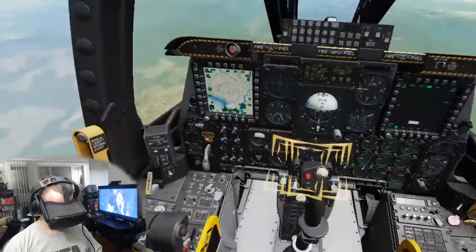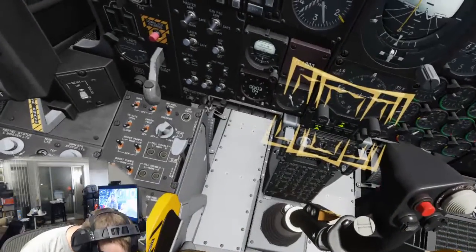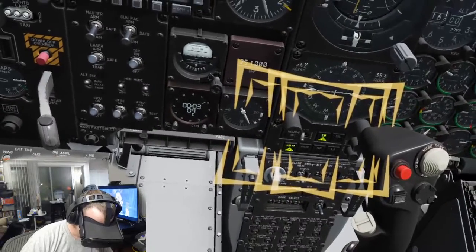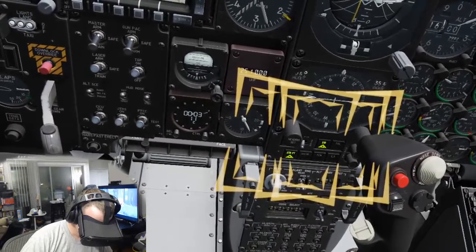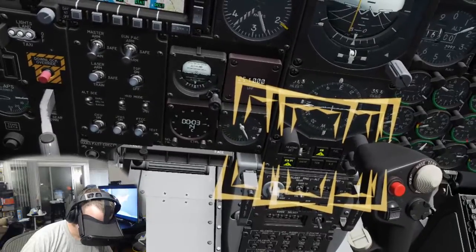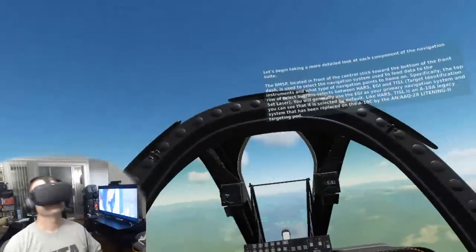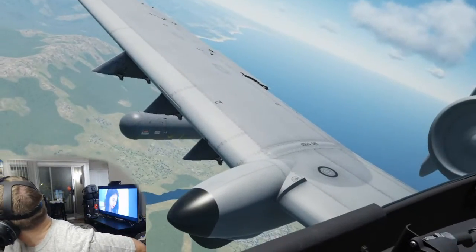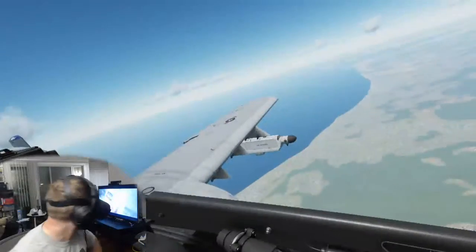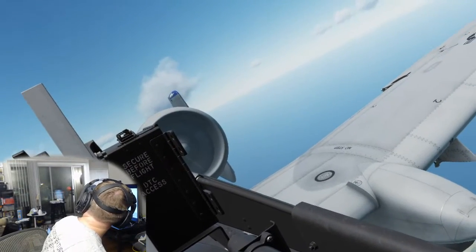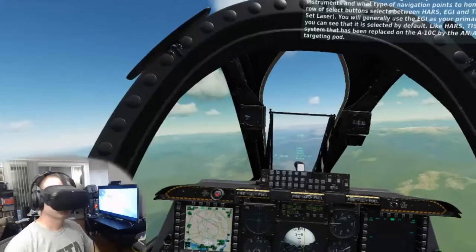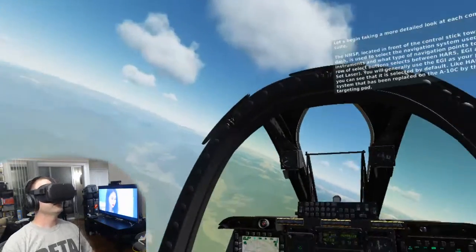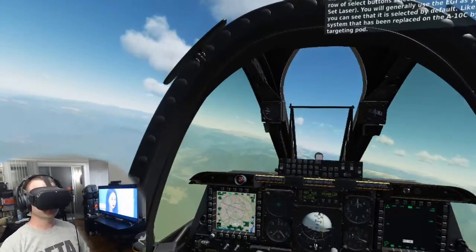Let's begin taking a more detailed look at each component of the navigation suite. The NMSP, located in front of the control stick toward the bottom of the front dash, is used to select the navigation system used to feed data to the instruments and what type of navigation points to home on. Specifically, the top row of select buttons selects between HARS, IGI, and TISL, Target Identification Set Laser. You will generally use the IGI as your primary navigation system, and you can see that it is selected by default. Warning, autopilot. Like HARS, TISL is an A10A legacy system that has been replaced on the A10C by the